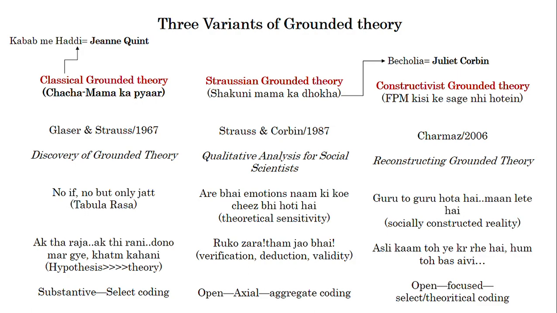For example, Straussian grounded theory says that this cannot happen. You cannot go to the field and expect that I should have a tabula rasa, a blank mind, a clear mind with no idea, and simply go to the field and start meeting people and collecting data. This doesn't happen in reality. We go to the field and we need some basic idea about what we are planning to capture and how. So we should use a theoretical sensitivity process or strategy.